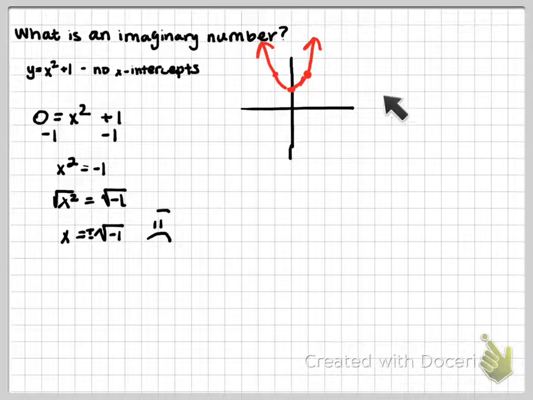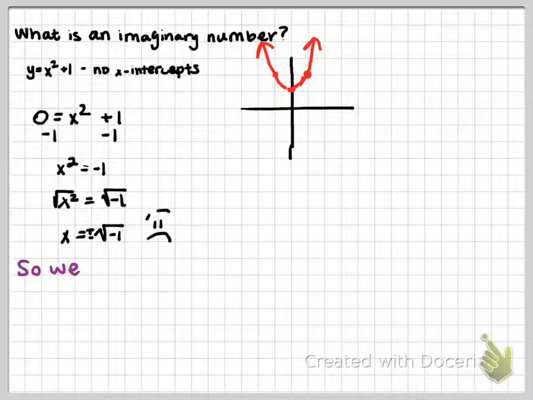If you look at this graph up here, there's no place that this graph crosses that x-axis. So we're looking at the function y equals x squared plus 1 that has no x-intercepts. What I did on the top here was I'm trying to figure out my x-intercept, so I set y equal to 0. Then I subtract 1 from both sides and take the square root. So I get x equals plus or minus, remember, when you take the square root, you get plus or minus the square root of -1,